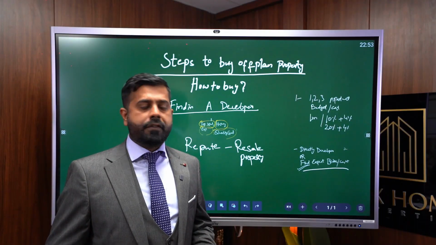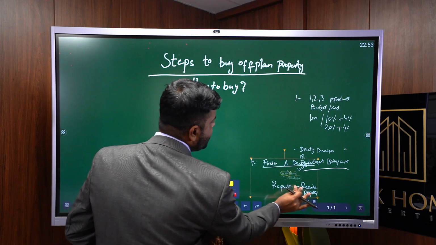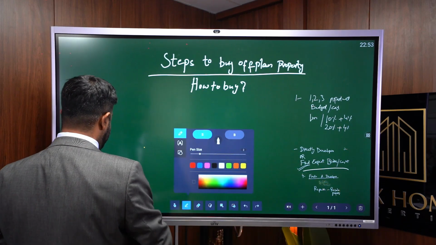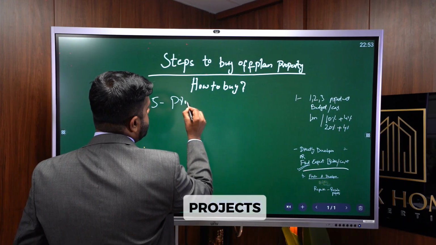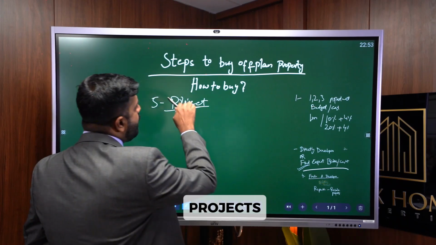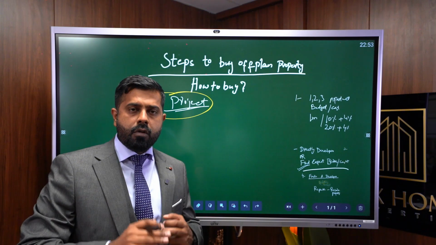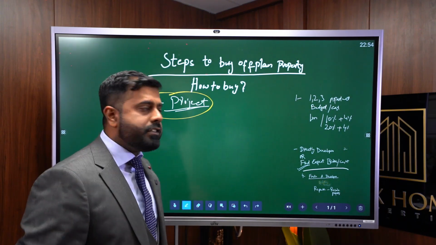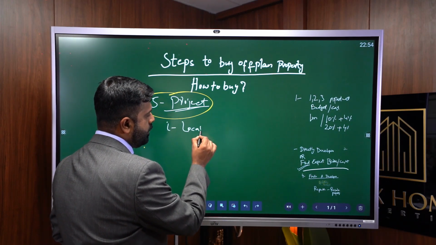Now we are moving to the fifth step. The fifth step will be selecting a project, which project we should go for. Number fifth option, projects. Once we select the best developer, we'll look for their projects. In projects, we always look for the location,